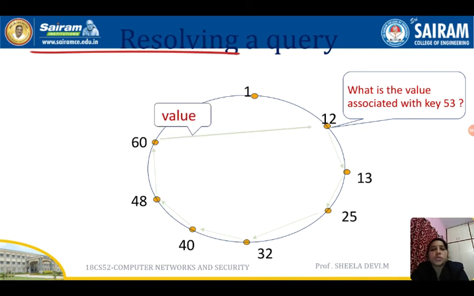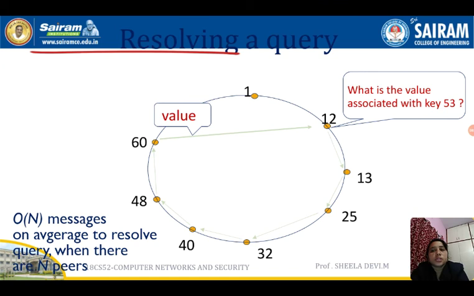So 60 has the value, Harish, and gives the reply to 12. To get the reply, the query was forwarded 6 times to reach the destination, pair number 60.